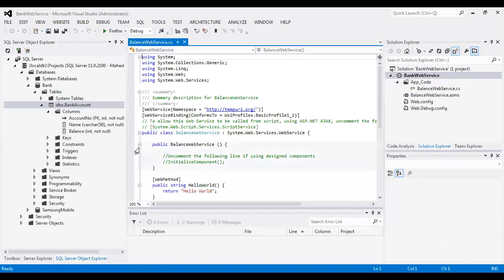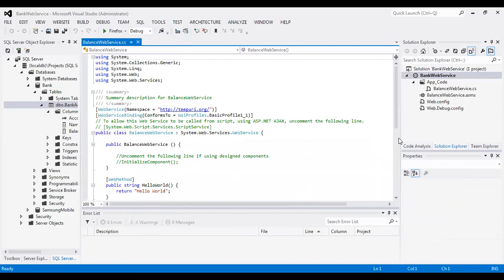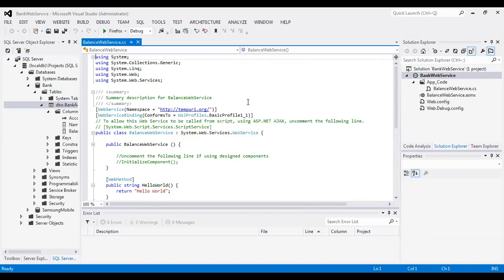So this is the default template of this ASMX page. So this is what the namespace is. Then web service namespace, again tempuri.org, then web service binding.